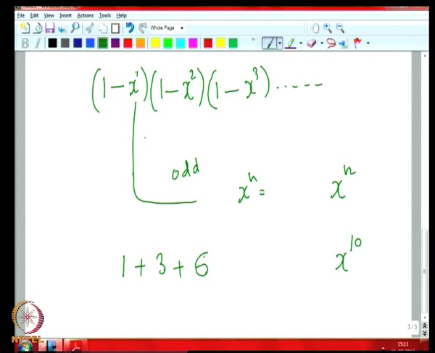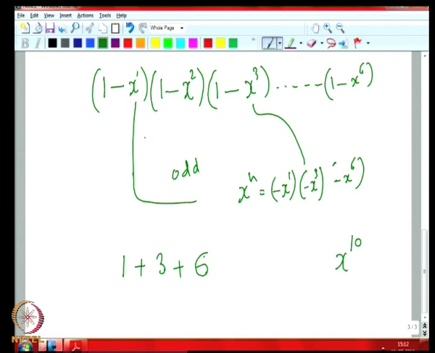So, x raised to 1 will come from this, but that is minus x raised to 1. Then from this thing, x raised to 3 will come, minus x raised to 3 will come, and from 1 minus x raised to 6, this minus x raised to 6 will come, right. So together this is n equal to 10, okay. But then we have there are 3 terms, this is minus 1 raised to 3 into